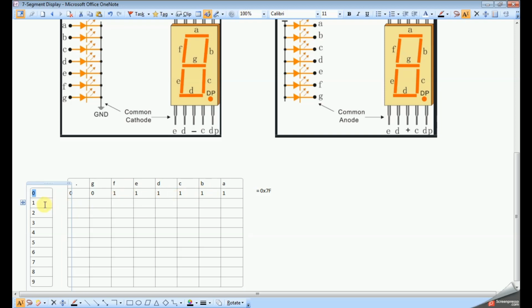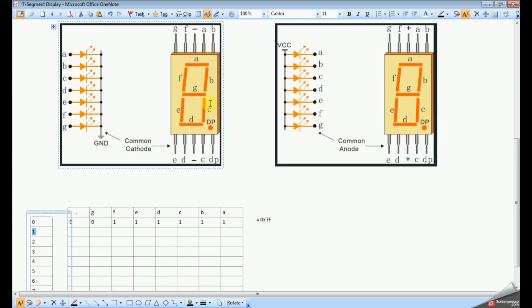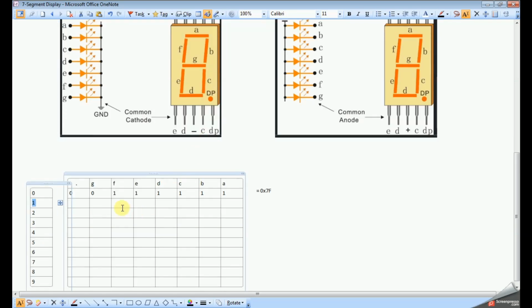Now next I want to display number 1. That means for 1, B and C will be enabled, remaining will be off. So B, C will be 1, remaining will be zeros. The last terminal we are not using, I am keeping it as 0.